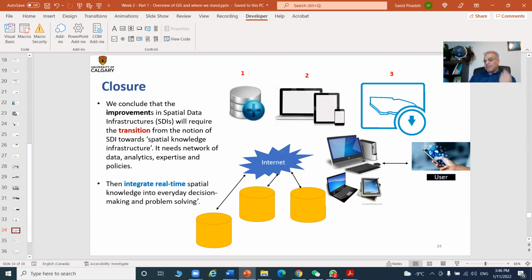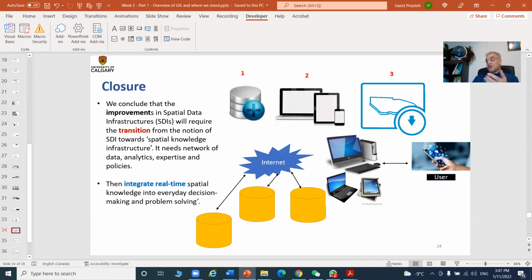So we need to think about capacity building, right? So then thinking about the deliverable values through the geospatial information, that is Earth observation system on